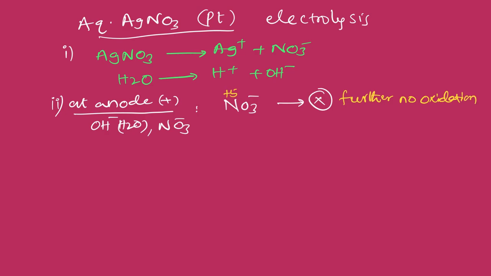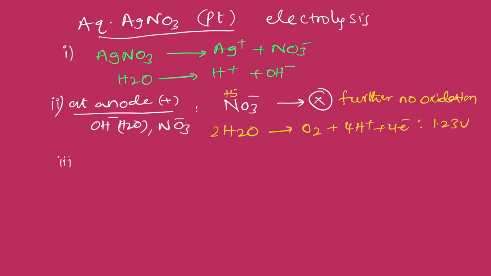Then which will be oxidized here? OH minus, which actually comes from which one? Water. Then this water will undergo oxidation, then O2 plus 4H plus 4 electrons, its electrode potential value is 1.23 volt. Then here oxygen 2, then 2 into 2, 4 hydrogen, 4 electrons, balanced. Now next,